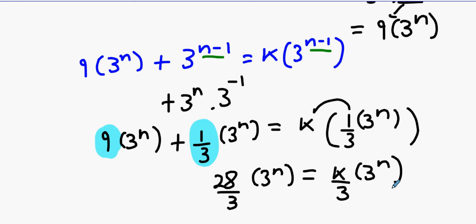What's the k value? 28. The main problem with that question was the power of n wasn't compatible with the n minus 1. So I had to change n minus 1 into n to make them compatible with each other. Okay? I'd advise you go over that again tonight. Is there any specific question you want